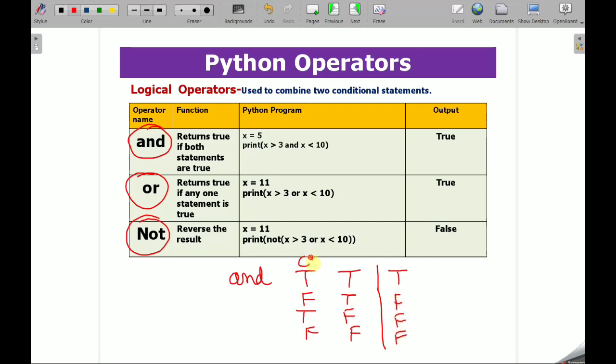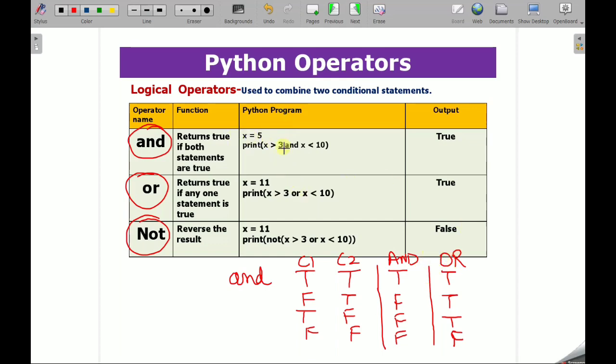So if you have condition 1, condition 2, and this is the AND operation, then you can see that only one condition is true. That means both of the conditions must be true for the AND operation. Now I am coming to the OR operation. In case of the OR operation, at least one condition must be true. So in that case, it will be true. This condition is also true, and this condition is also true. Only where all the conditions are false, it is false. So these are the different operations. Accordingly, AND and OR will be executed.